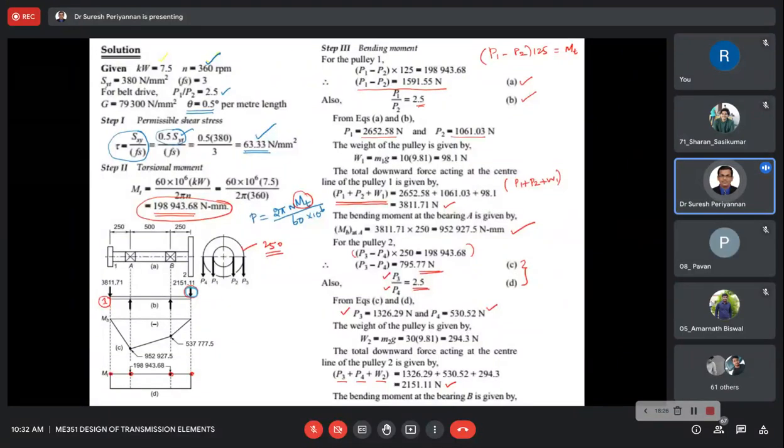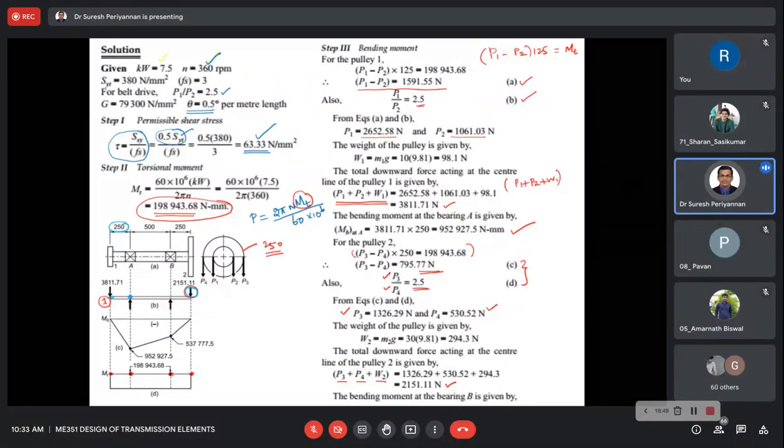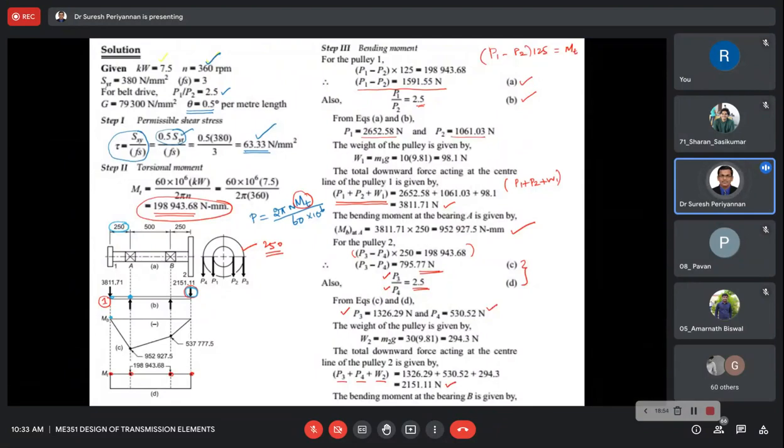Now we go for the reaction calculation. Here the reaction calculation may not be required, to save our time, because this is an overhanging beam. For example, I would like to find the bending moment. Then both loads, the vertical load. This distance we know, it is given as 250 mm. Because at the free end the bending moment is 0, the bending moment is 0 at the free end.